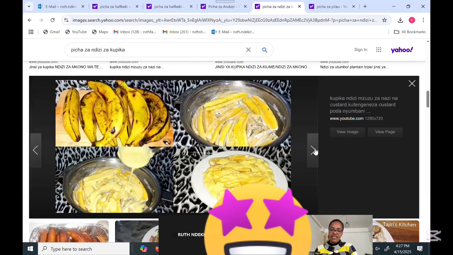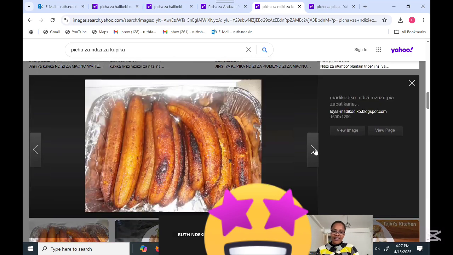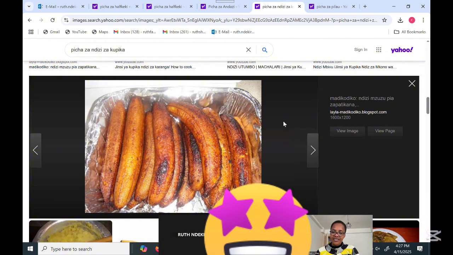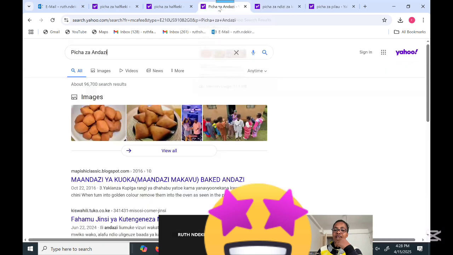Yeah, so here's one, ndizi, my dear. Another food, this is roasted. So this is somehow ripe, that's why it's giving us this color. Chakula kingine ni andazi. Andazi, yes. Andazi, okay. So andazi is made of